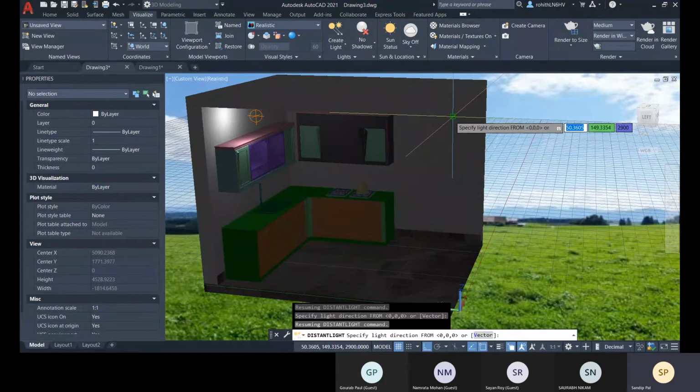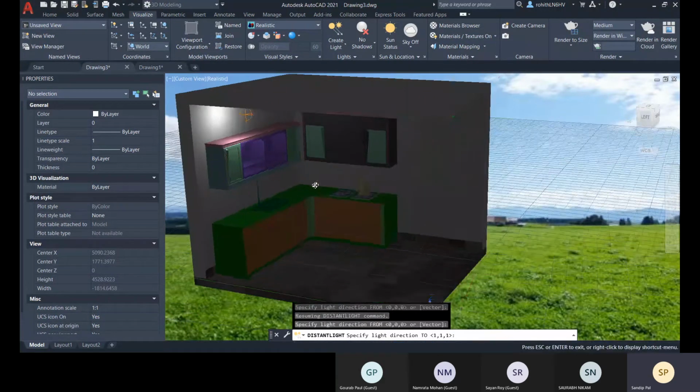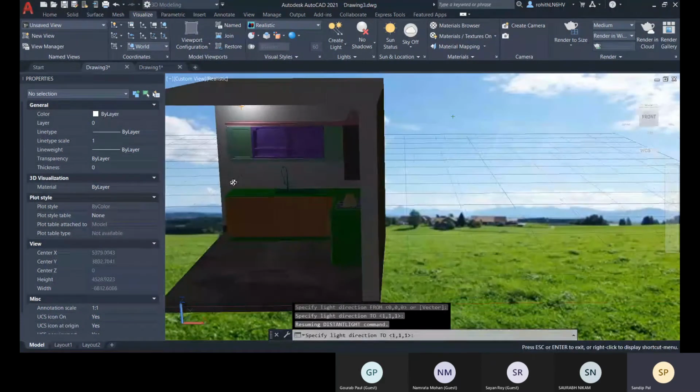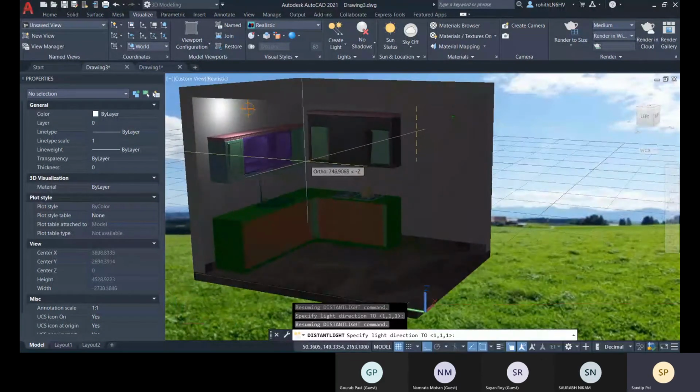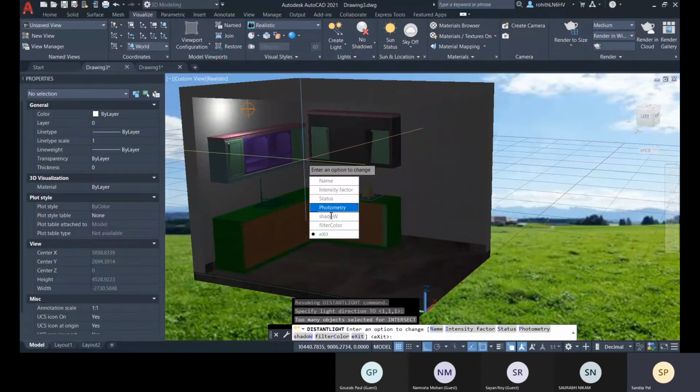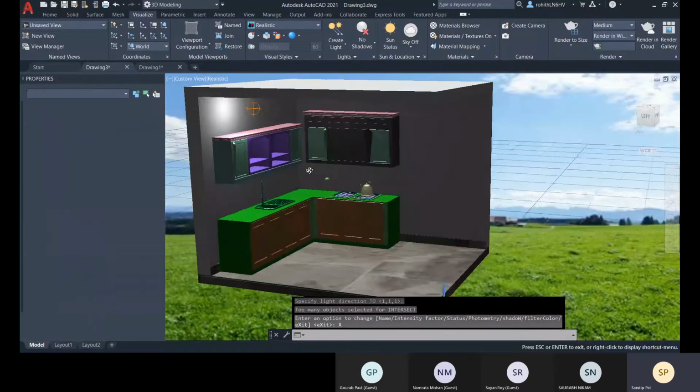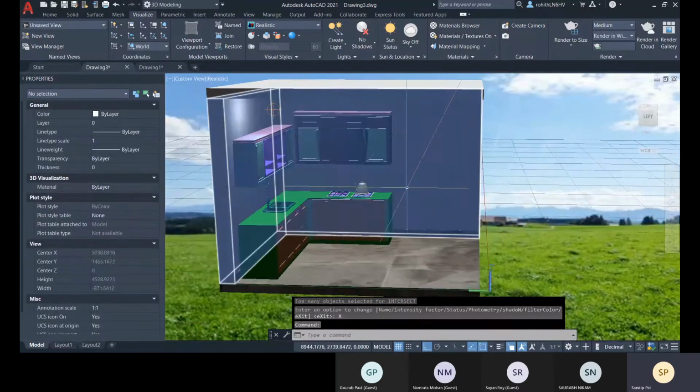So let me position it there, and then you mention the light direction. Let me give the light direction to this point and exit. Now you can see the light directing to this,